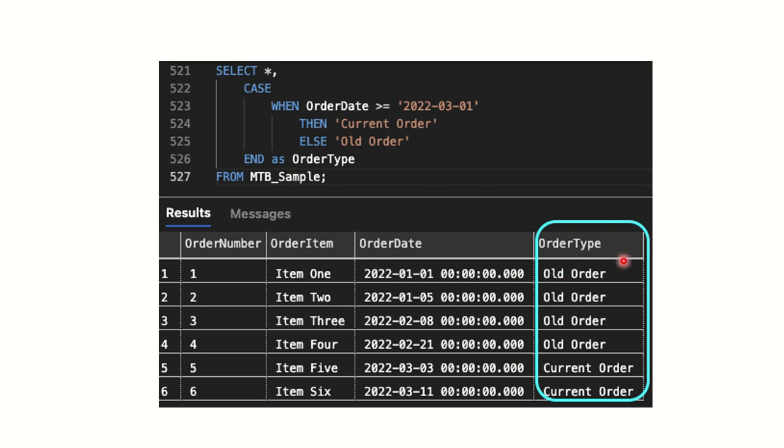So in this case, we categorized or grouped this order date by creating a new column where it gives us the two groups, old order or current order, so that we don't have to look at dates. It's not convenient like this. We can just look at this, and then we know that